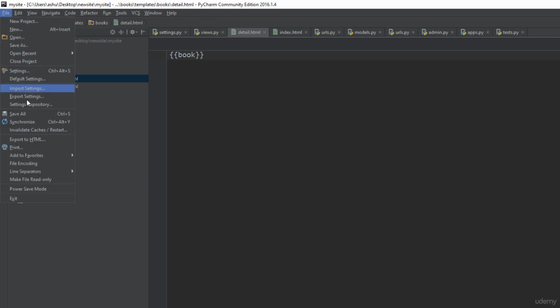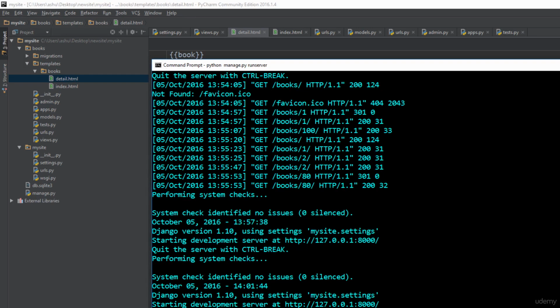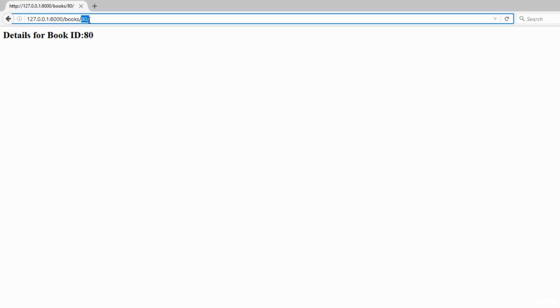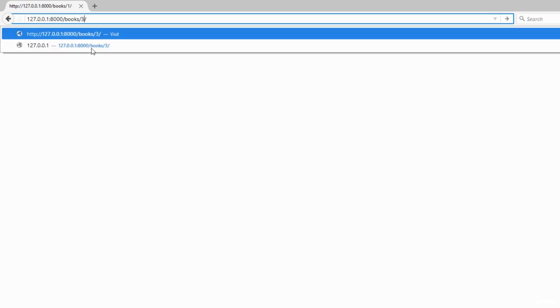So let's go to file, click save all, return back to the server. Let's see if it's running properly, and yeah, it's running. So now if you go ahead and type in 1 here or 2 here, as you can see, you will have the book and all of its details over here. And if you type in book number 1, you will have the details for book number 1. And if you try to type in book number 3,